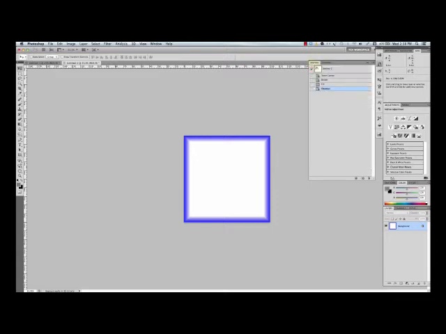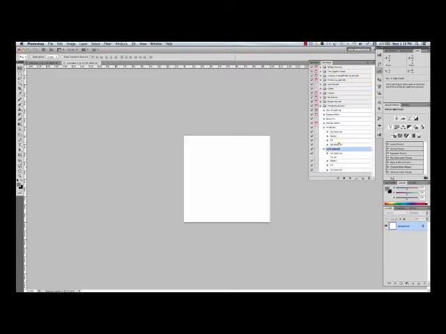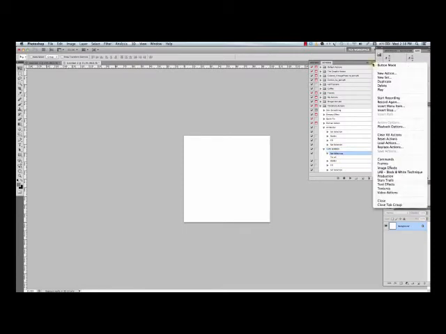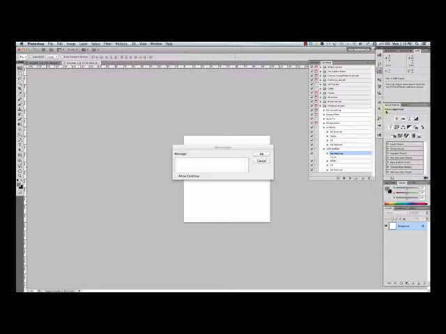Let me just set my history back on this document, and I'm going to come down in my actions here. Once I've created actions, I can then edit them. I can add actions into this playlist, or I can take actions out of the playlist. So I want to add an action after this, and I'm going to put in a command. I'm going to tell it to tell me to do something. So I'm going to insert a stop, and I'm going to put a message in here saying